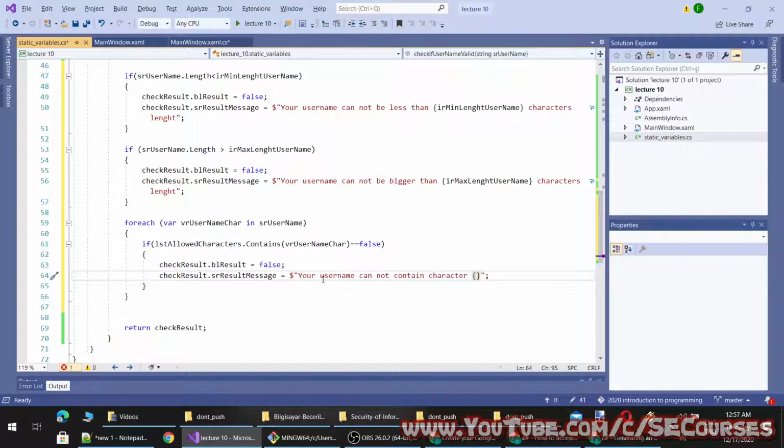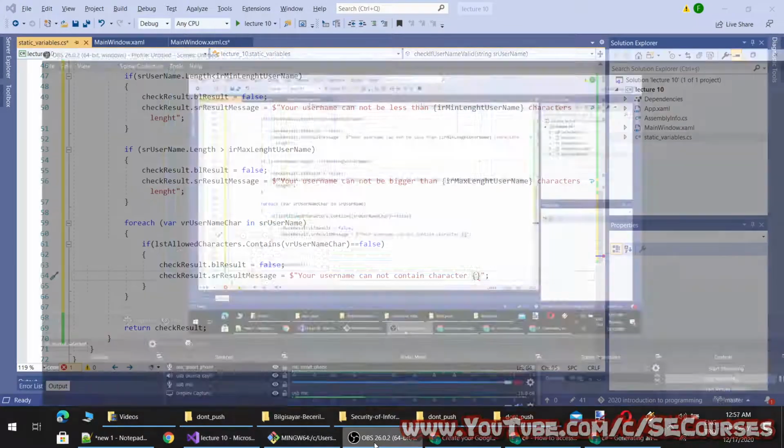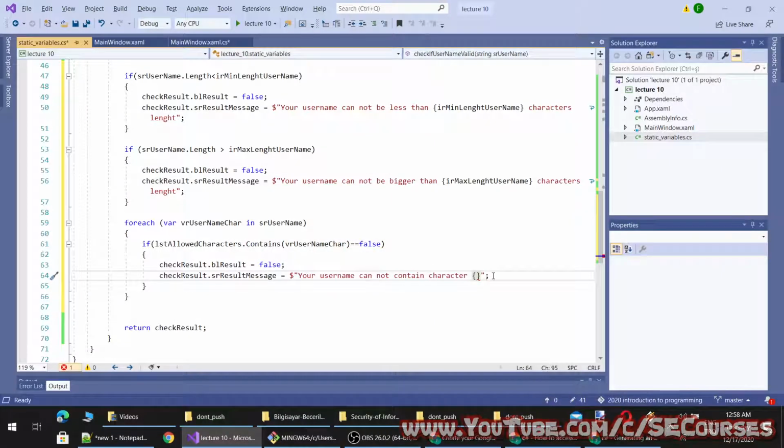By the way, whenever an application says that I cannot use that username and doesn't tell me what is wrong with my username or which character is not allowed in my username, I really hate that. So you should display to the user, the client, what exactly the error is. By the way, we are getting out of time. Okay, so I will say that your username cannot contain character this.